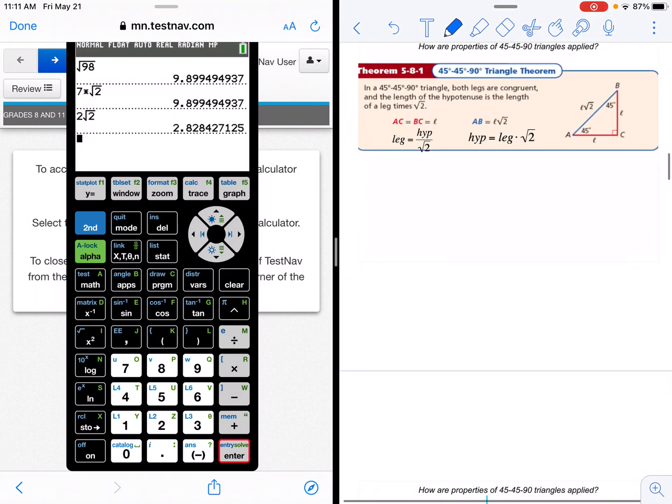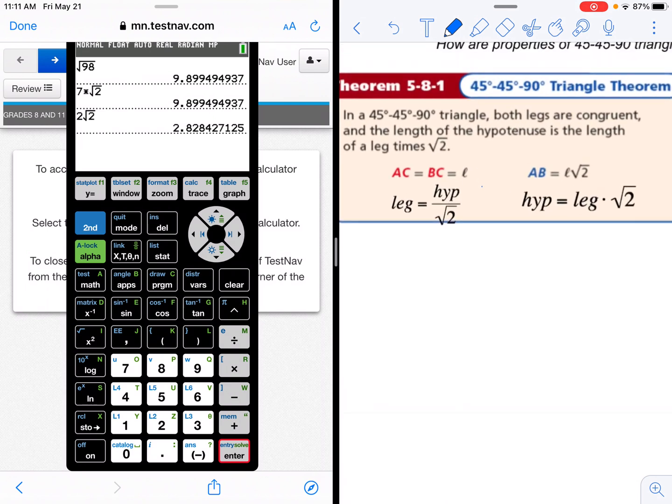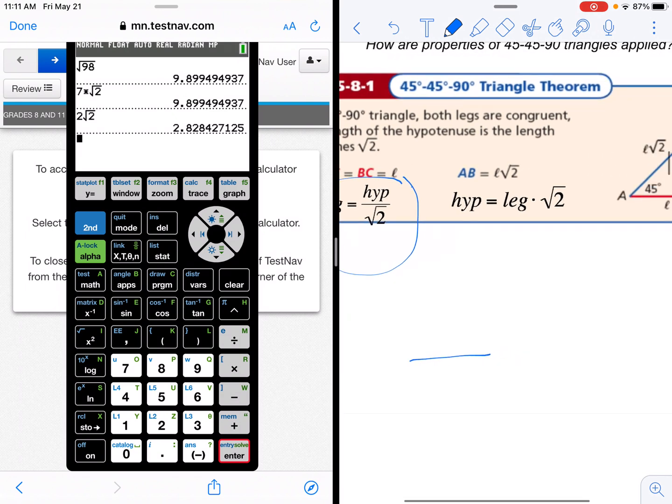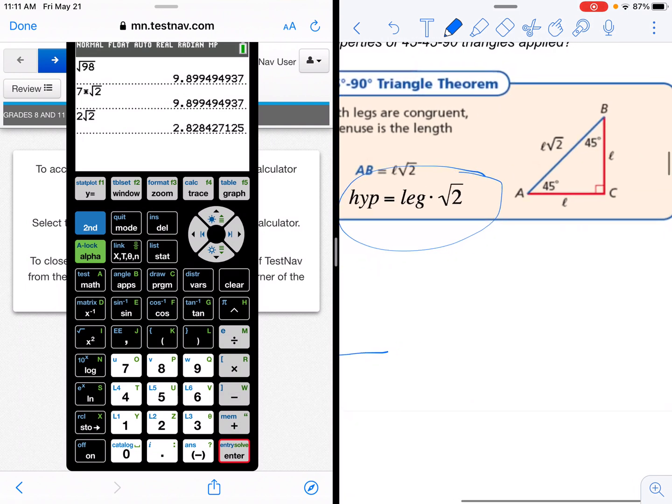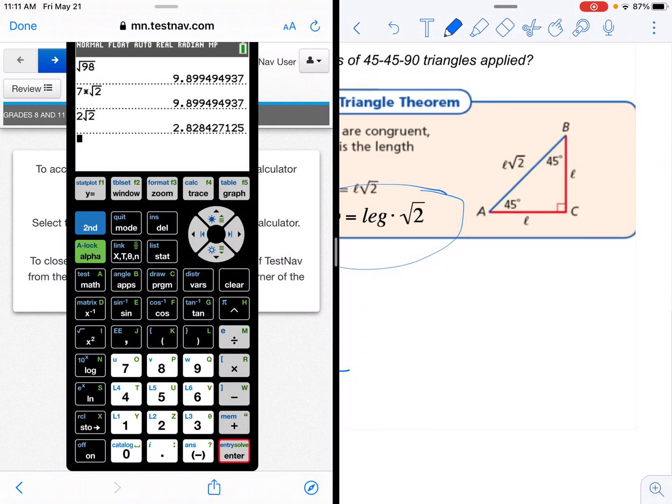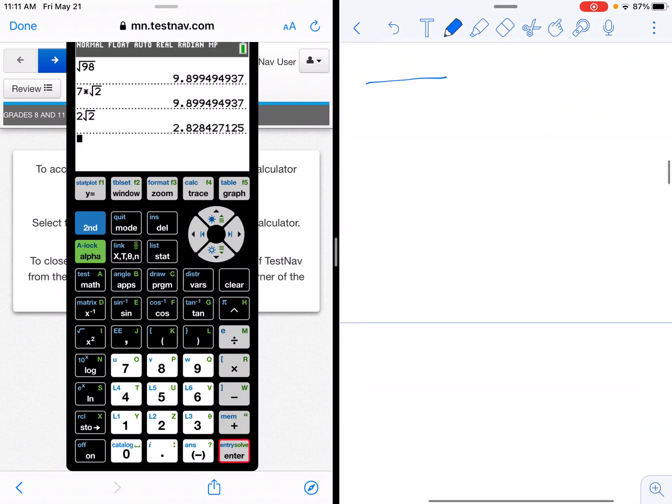So here is your pattern. If you're trying to find a leg, you take the hypotenuse and divide it by the square root of 2, because a leg is shorter. To make it shorter, we're going to divide. To find the hypotenuse, you are going to multiply by the square root of 2. Another way you can think of these problems is that all 45, 45, 90 triangles are similar to this one by angle. And so you can set up a proportion,